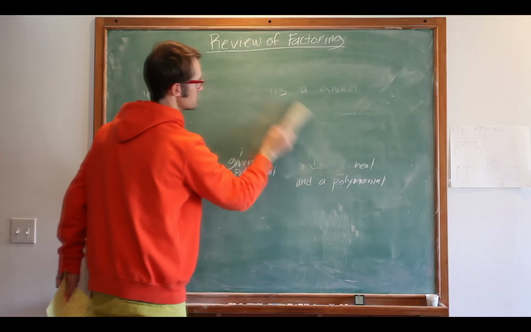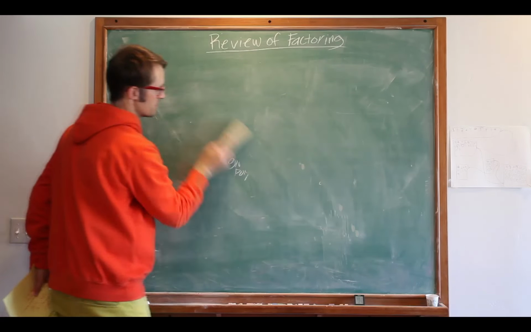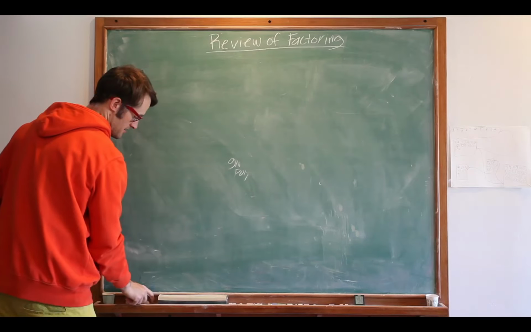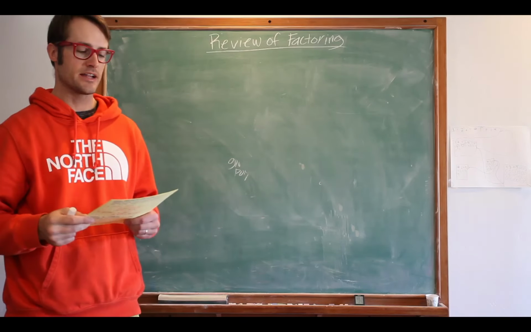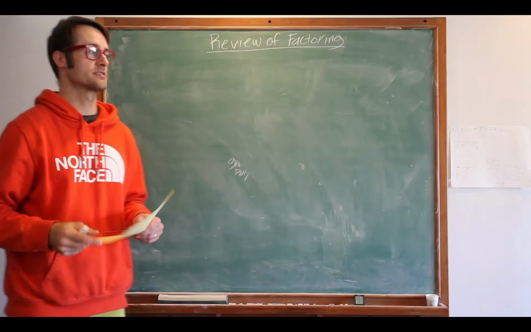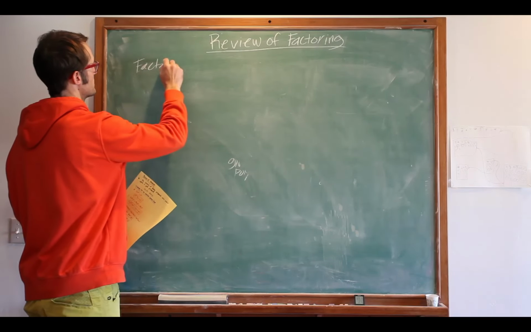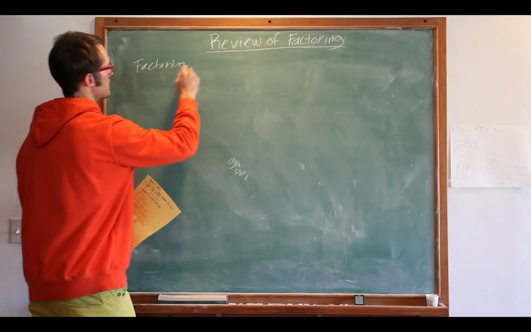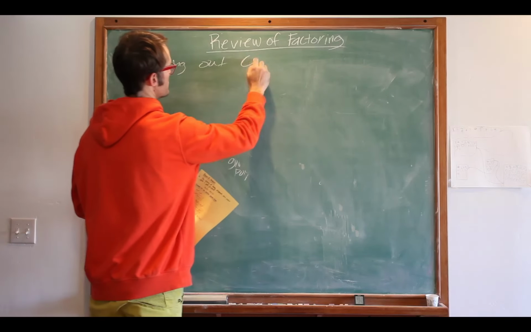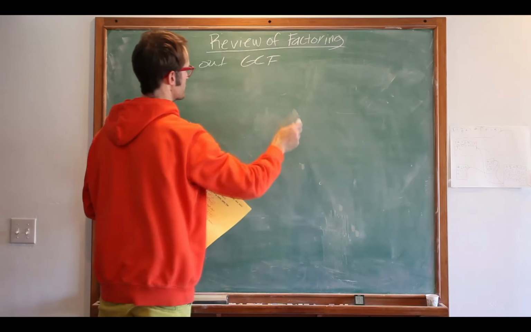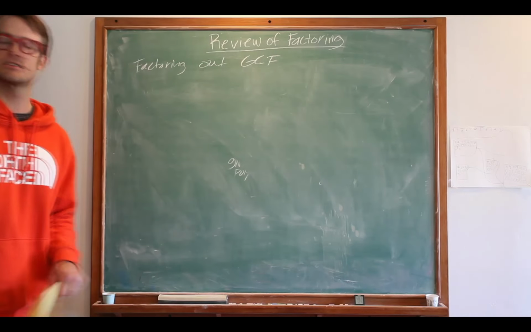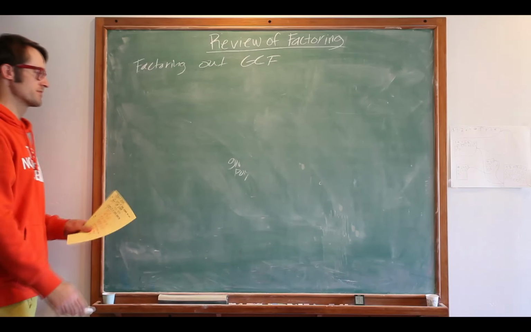So the first thing we're going to look at is factoring out the greatest common factor. Factoring out GCF, we'll say GCF for the greatest common factor. And the first example,